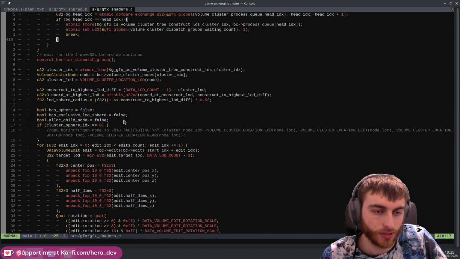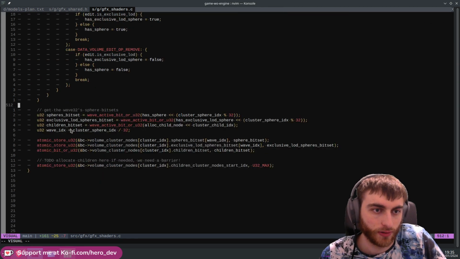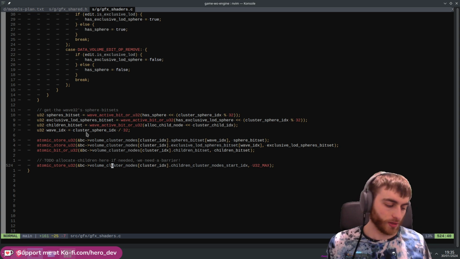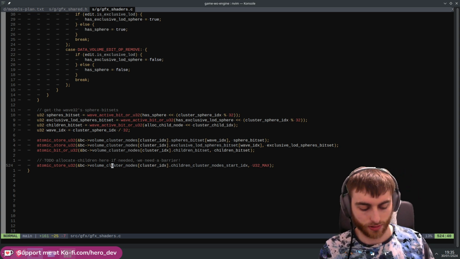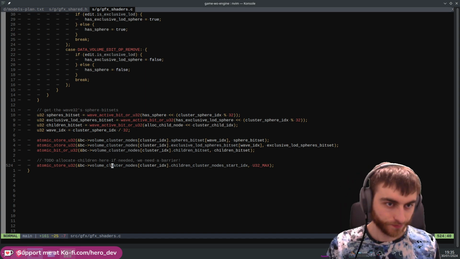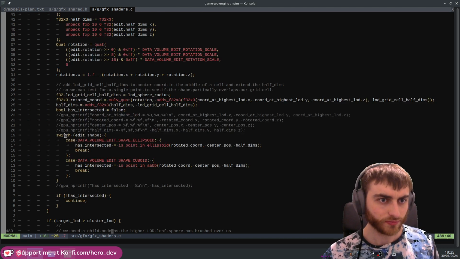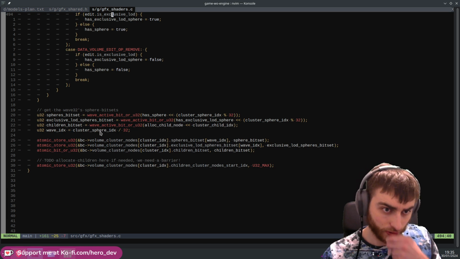So yeah, let me just continue down here then. So it's at the end of the shader. I realized as well that we have to create the child nodes as well. So we got to this point here. So let's take a gander. And what's going on? So at this point of the shader,